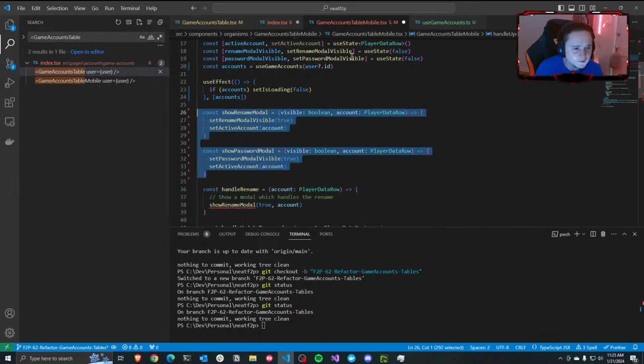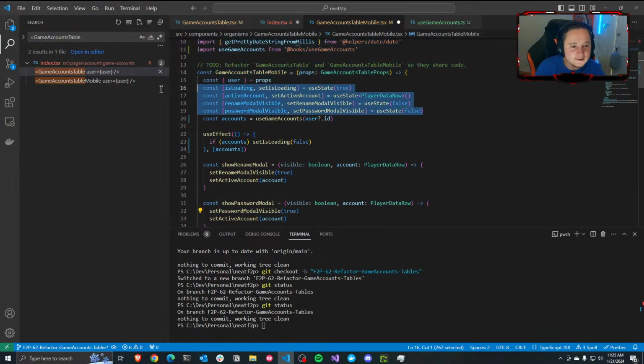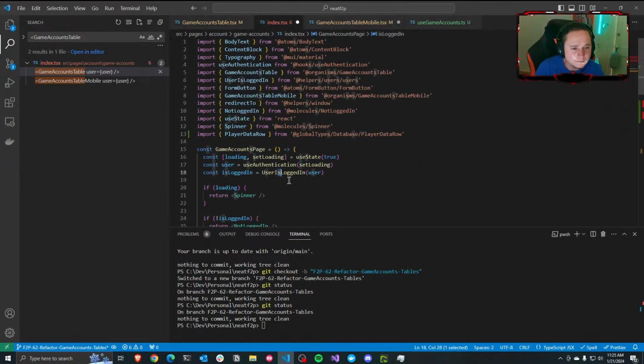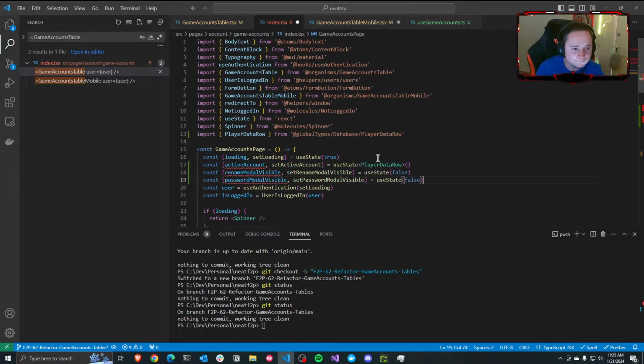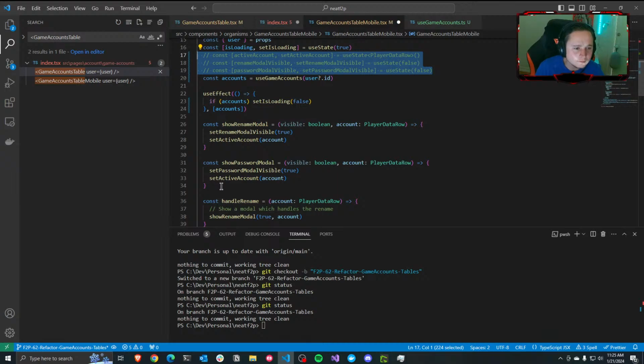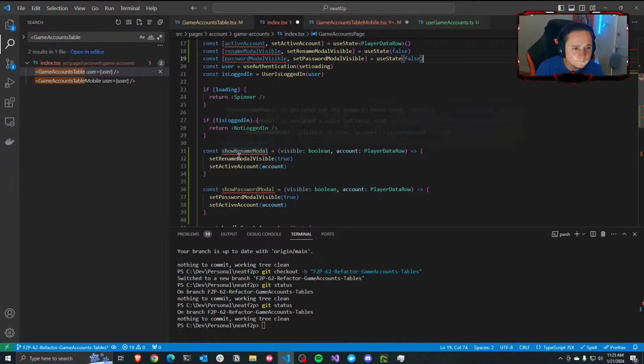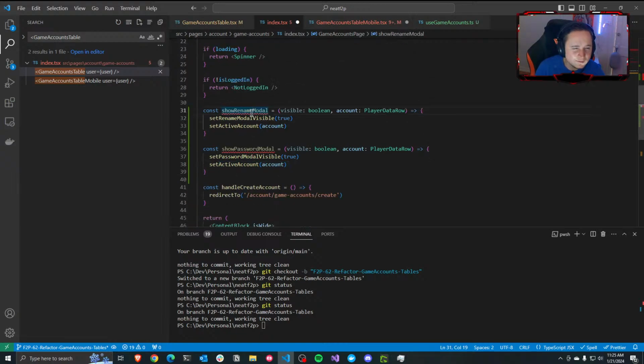Okay, let's undo this for a second. So it's using rename modal visible, set active account. So it's basically using these three state pieces. So maybe we put this here, comment this out, and then copy this over there. Oh wait, I already did. Okay, so